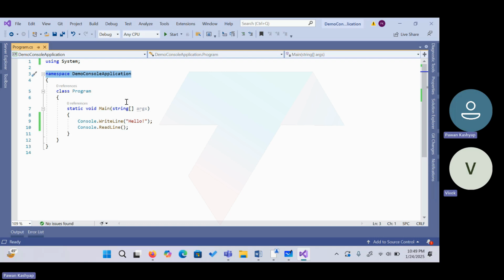So this is a demo console application. We are creating a custom application, a custom namespace. Inside we created one class named Program. Class is a keyword and Program is the name for the class. And here we have a Main method,